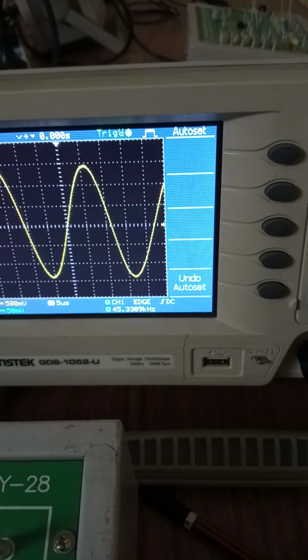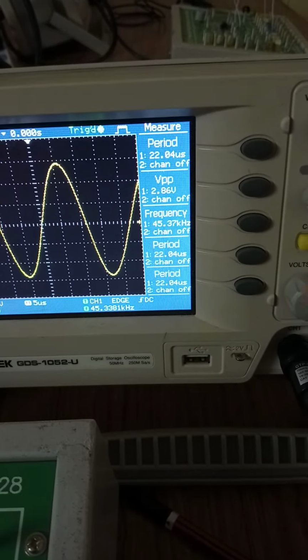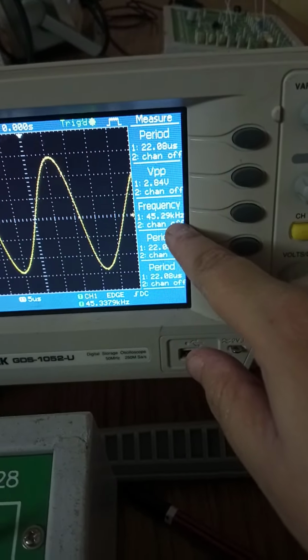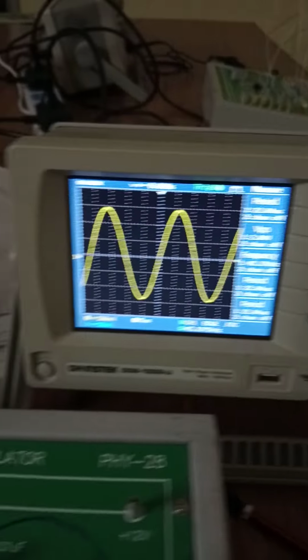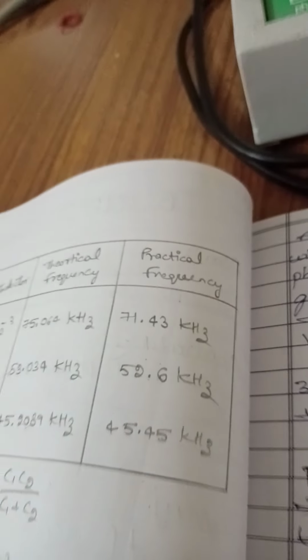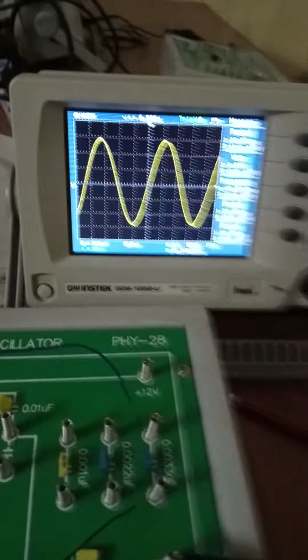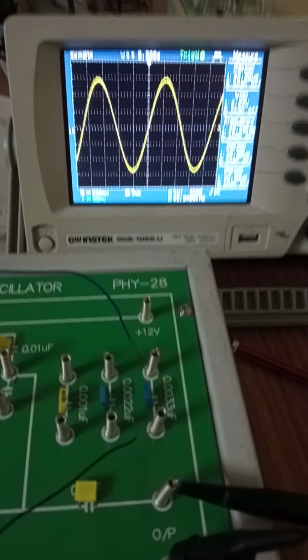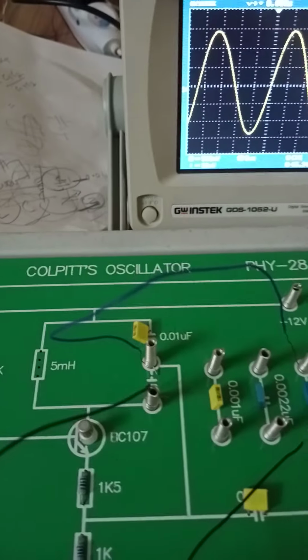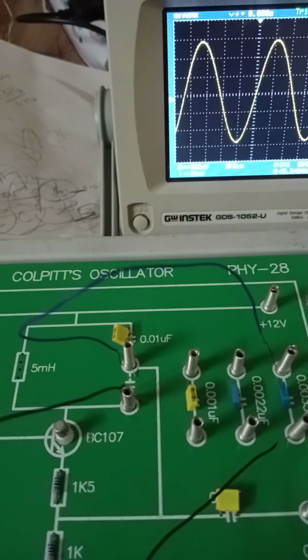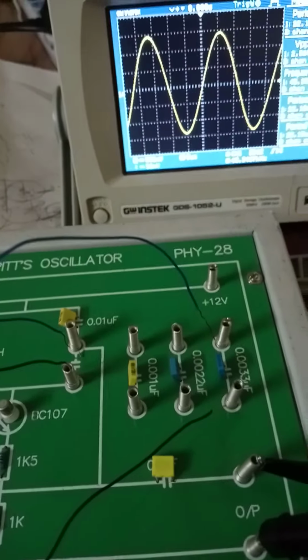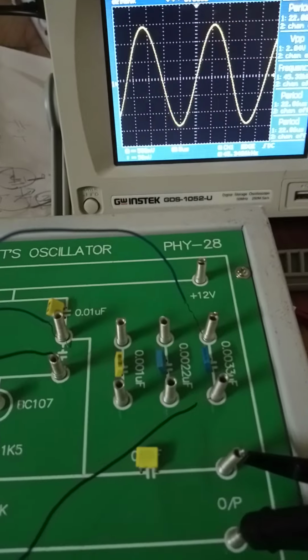After adjusting we will measure this. So we got 45.29 kilohertz, that is nothing but your practical value. By this we have completed our Colpitts oscillator experiment. Simply change the three combinations and calculate the values. Thank you.